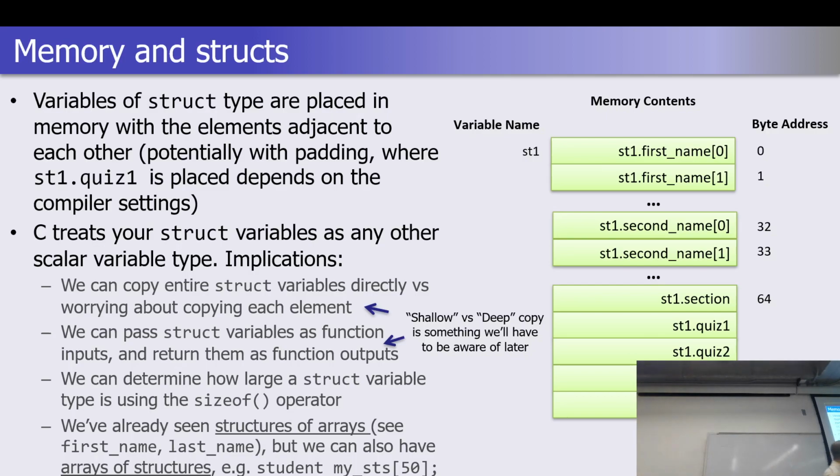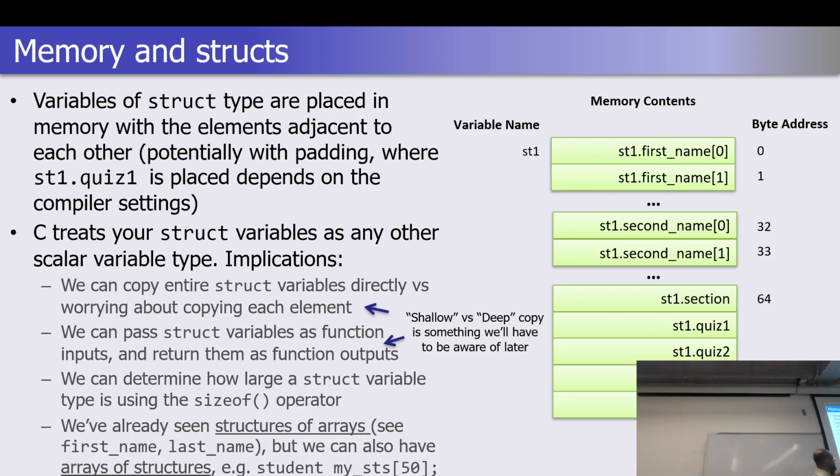Kind of where we left off on Wednesday, and I think the important takeaway is not necessarily the exact memory layout for our structures, and they are essentially placed component by component adjacent to each other in memory. But the more important takeaway from this slide was once you have defined your structure, the rest of your program and the language treat your struct variables as any other variable type. And the implications for that are something that maybe you'll only really get to see once you experience it, but it can make what would otherwise be kind of messy coding tasks a lot more straightforward when you have structured